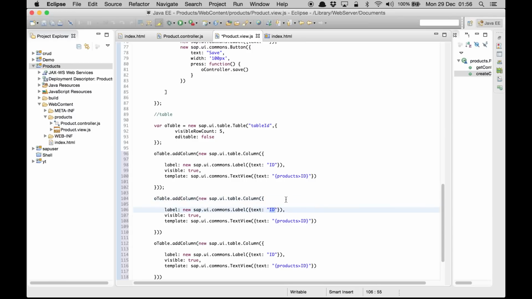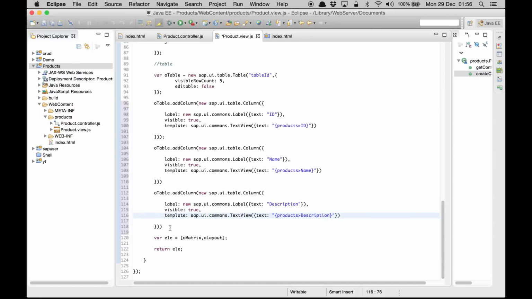and this is going to be name. So we are going to access the name field, and this is going to be description, and we are going to access the description field, and now we are going to bind the table with the products model so that we get all the rows. So let's bind the rows first. oTable dot bindRows, and we are going to bind it with our products model, and we are going to access the products table,